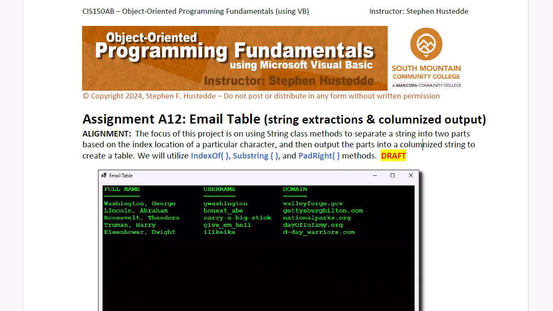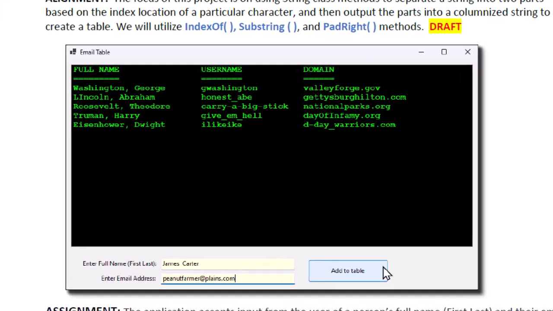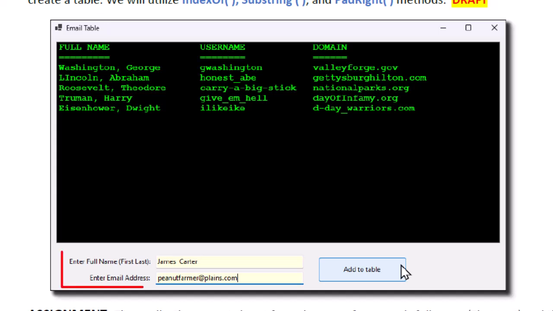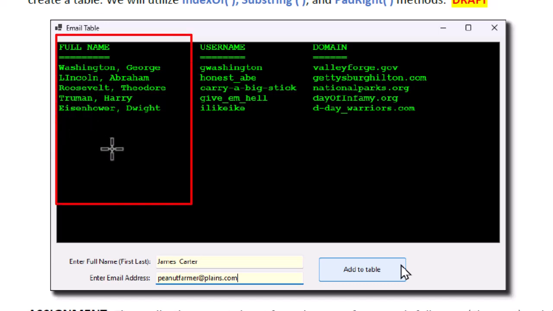The next practicum project is designed to give us some experience working with strings. We're going to create a project in which the user enters a person's full name, such as James Carter, and enters an email address, such as peanutfarmer@plains.com, clicks Add to Table, and it's going to take the first name and the last name and reverse them with a comma